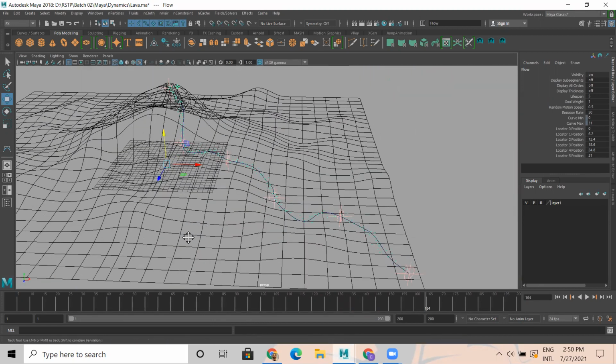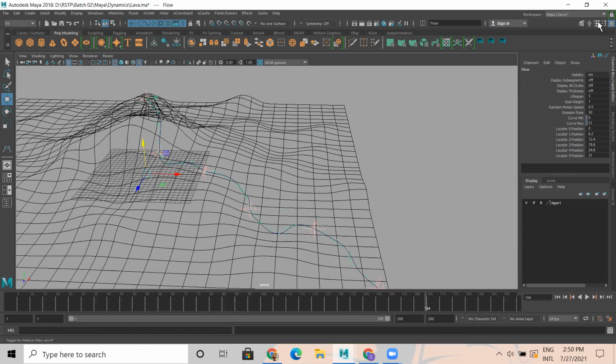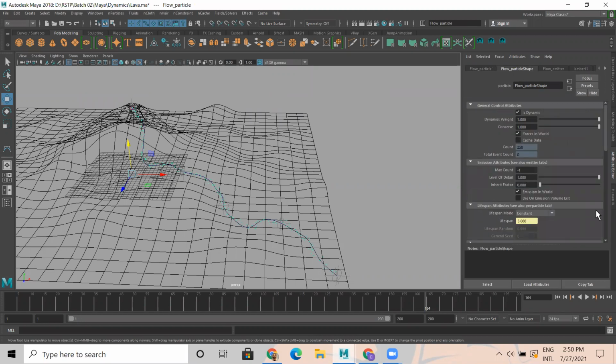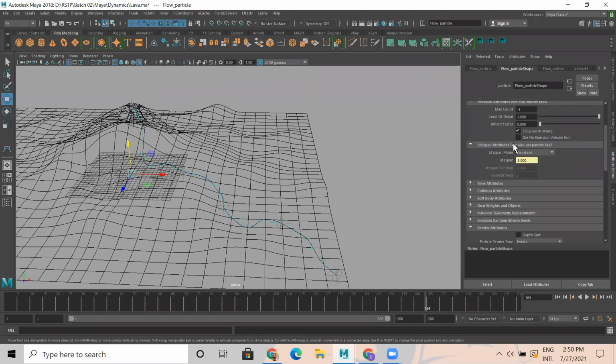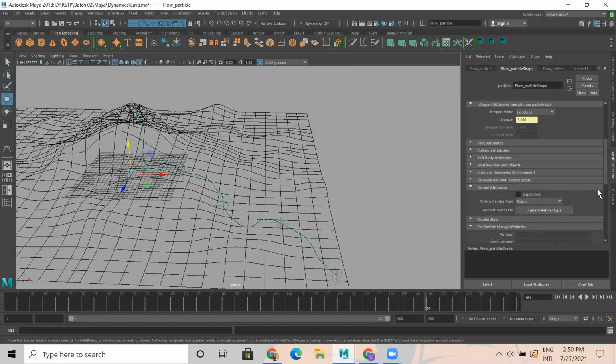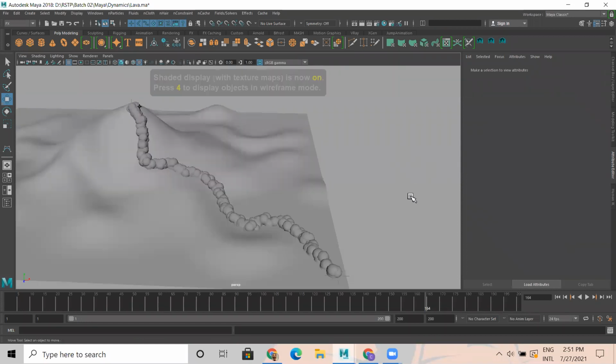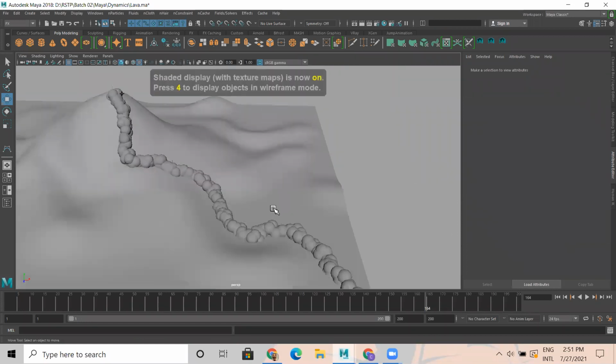Tiny particles. Yes, sir. Now I'm going to change the shape of the particle. For that, you need to select the particle. Now go to particle shape. In particle shape, you can see the lifespan of the particle is constant and the span has been defined, predefined based on the length of the curve. Now this looks like points. I want this to look like a blobby surface, and I press 6. The blobby surface looks like this.